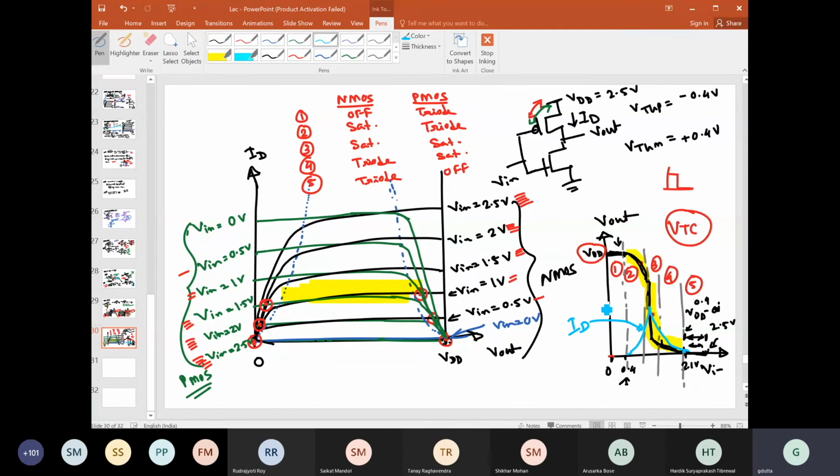So you can always see that when this CMOS inverter is switching from on to off or from off to on, it must undergo this region where both the transistors will be operating in the saturation region, and there will be a direct path from this VDD to this ground because now both the transistors are on, right? And it will create a power dissipation.